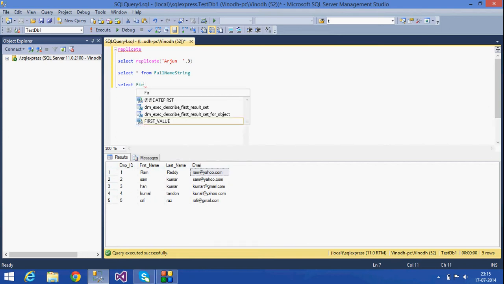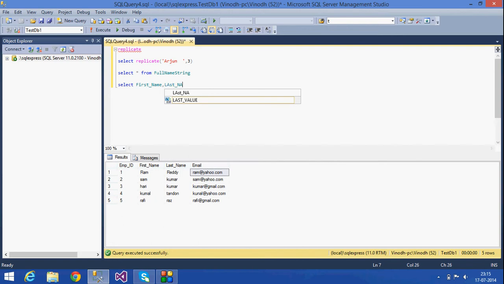Select first name, comma, last name, comma, substring of email, comma, from 1, comma, I want 2,